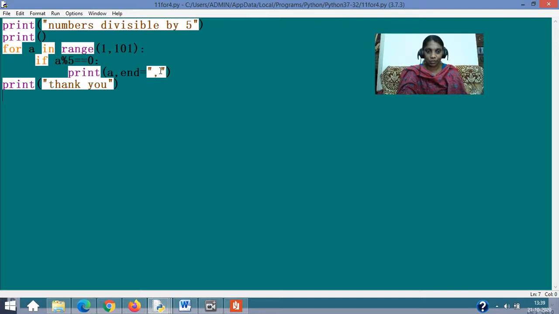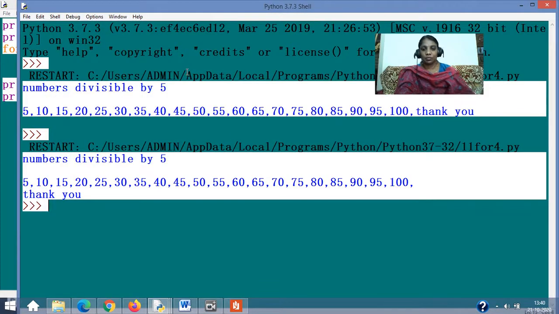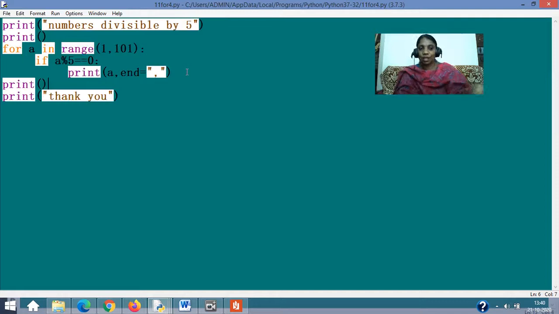At the end, end was given like this, and then the thank you came. Just wanted to show you what happened. The other thank you was printed along with that. So that's it. You can even have an if and a for along with that.